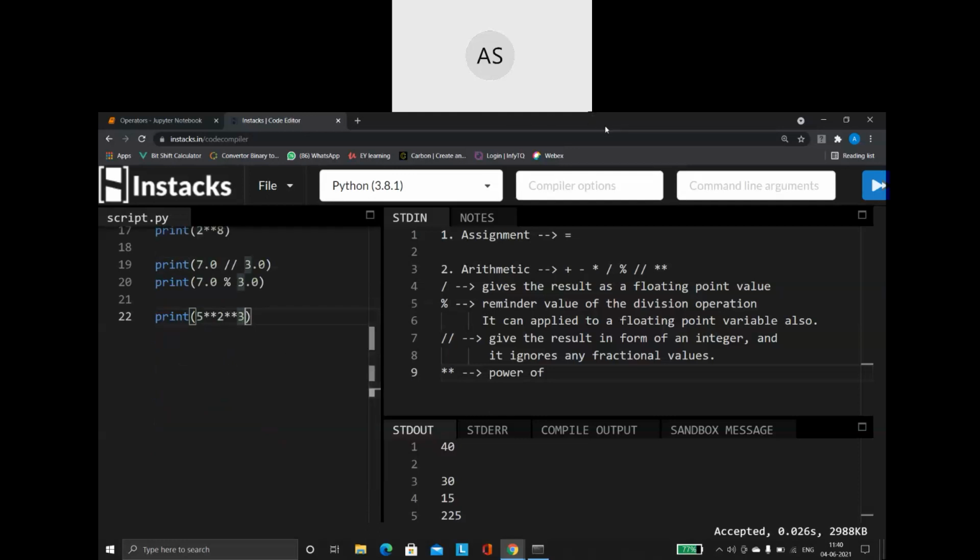Now, can you tell me what will be the output in this scenario? Can you just message me in the chat box what will be the output in this case when I'm using 5 to the power of 2 and that result to the power of 3, or how this is going to be treated? Can you just give me an output for this? The simple numbers, guys. I did not use any big numbers also. So can you tell me how this is going to be working for me?